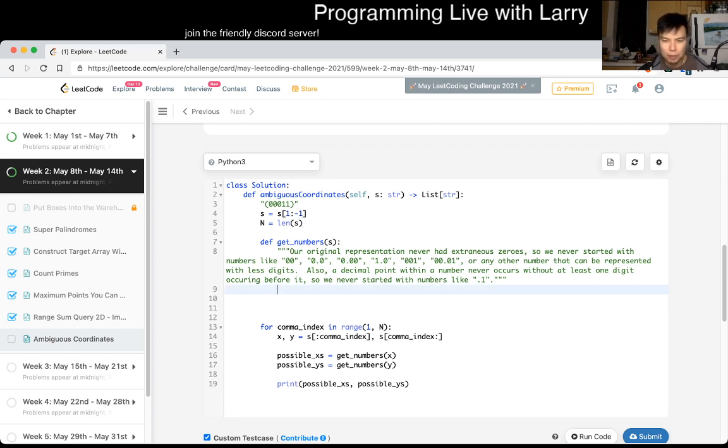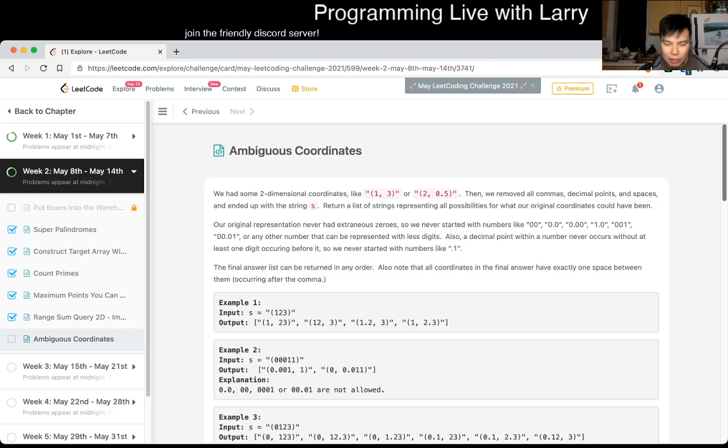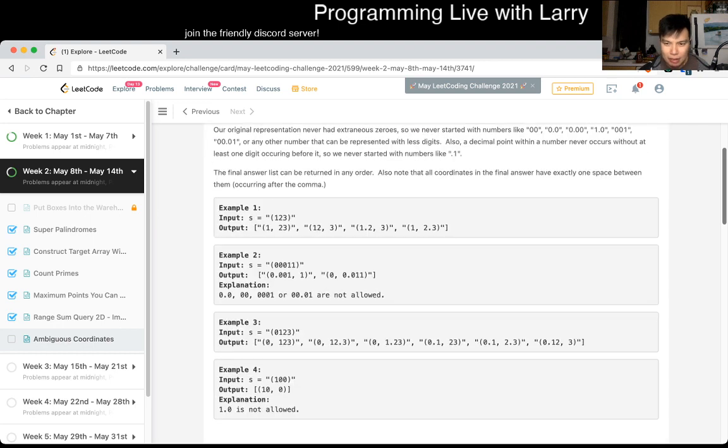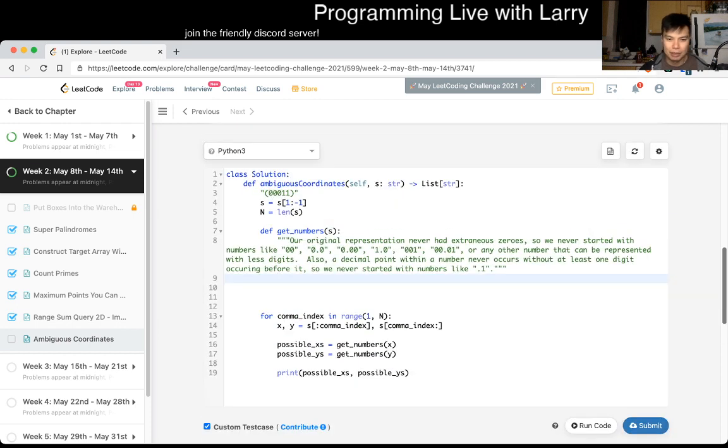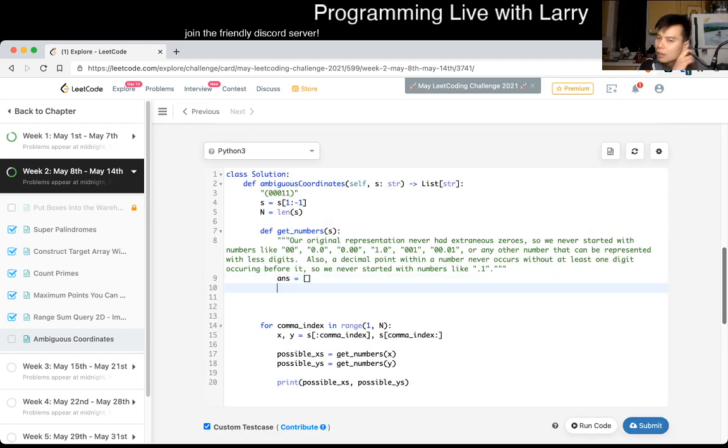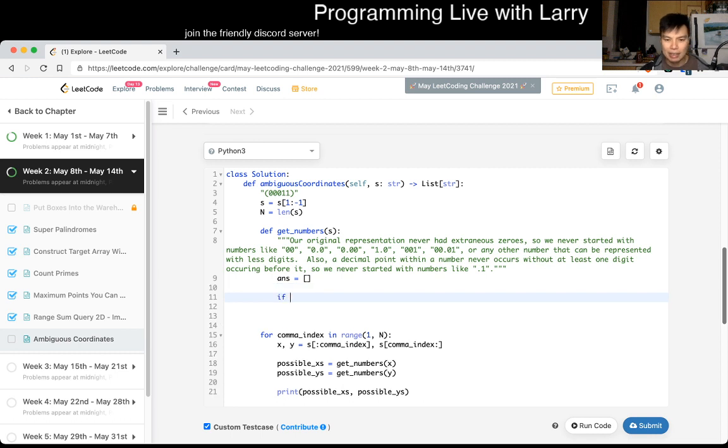Okay, so the first thing is that, let me double check this. I'm just checking the no period case. And the no period case is okay if, so answers is equal to an array list. The no period case is good if it's not a leading zero, right? Okay. So if length of s is greater than